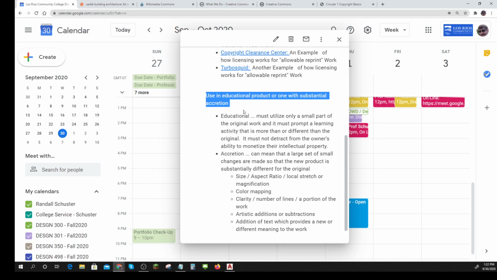Now, by and large, this gets totally abused. People say, I'm a teacher, so I'm just going to reprint this book. No. That book was published. There was effort. There are authors that are hoping to get some monetization off of it. You don't get to do that. But there are some things that you can do.